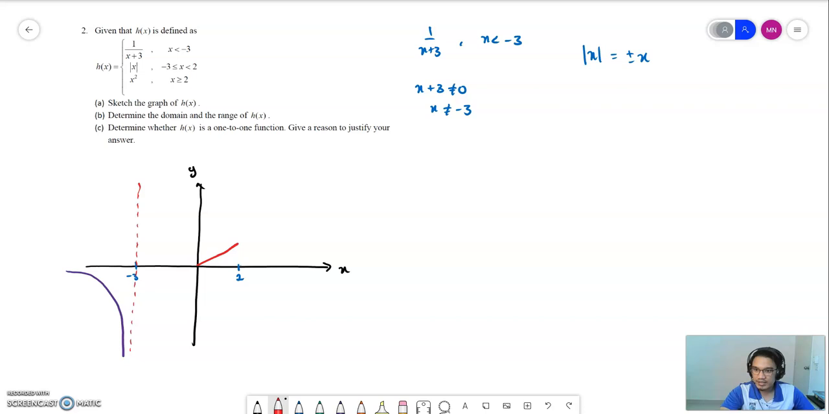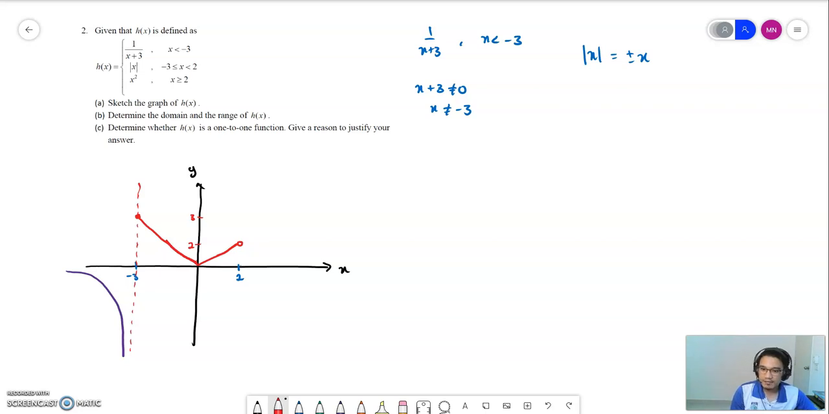The region mentioned is not equal to 2, so make a hollow circle right over there. And for negative 3, it is bigger than or equal to negative 3, so it must be a bold circle. Make sure you draw a straight line. Mine is not straight enough. Okay, that one is better. So this is the shape of the